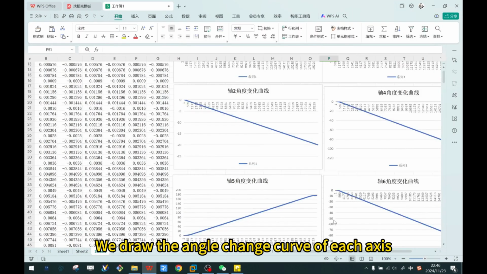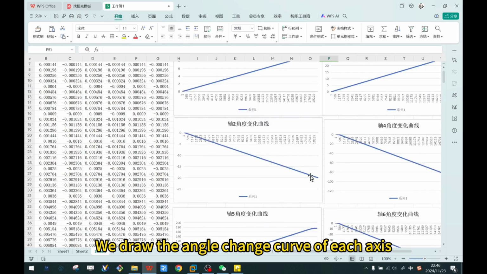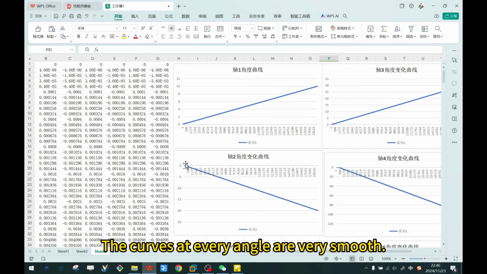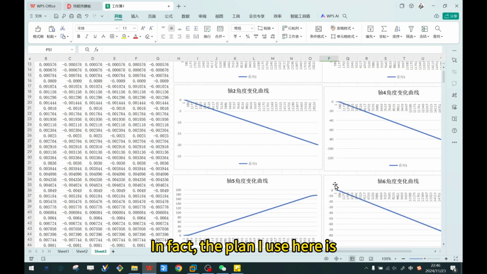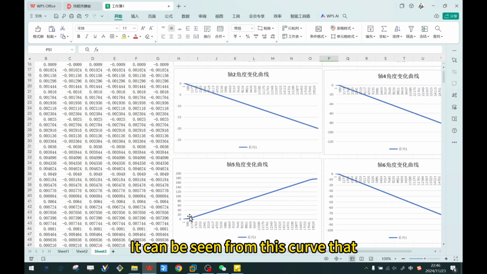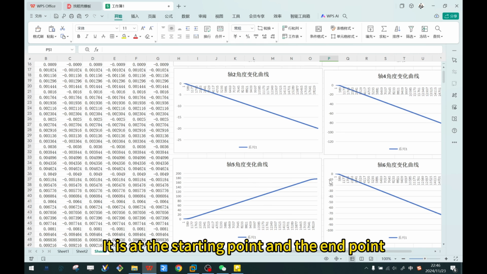Good. In this case, we draw the angle change curve of each axis. From this curve, the curves at every angle are very smooth. In fact, the plan I use here is the trapezoidal speed planning method. It can be seen from this curve that at the starting point and the end point,